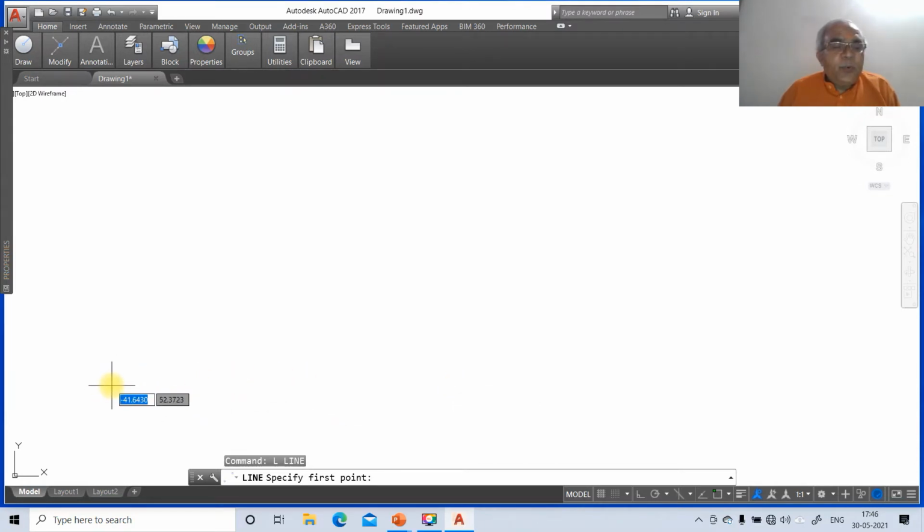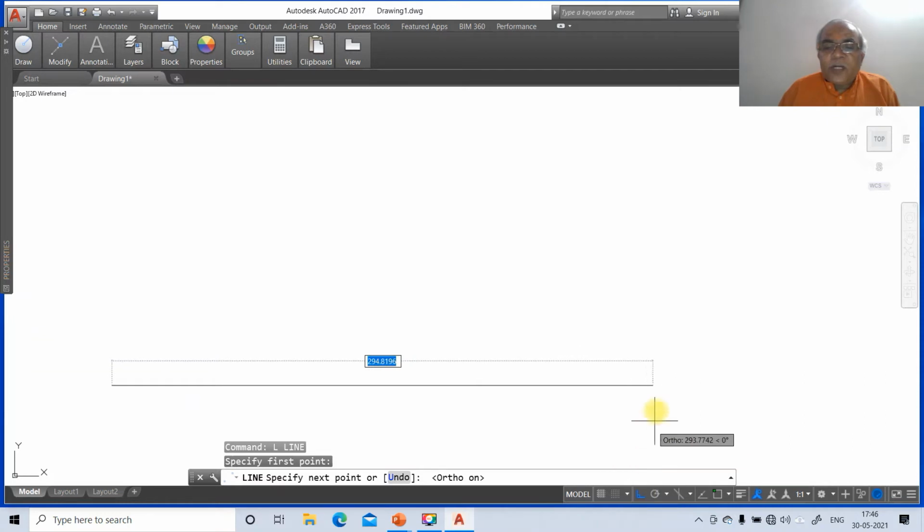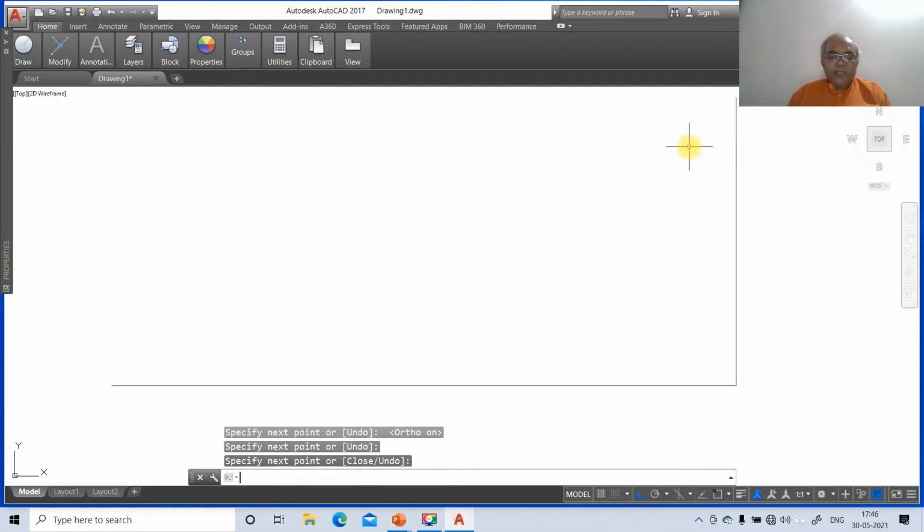First we consider any point and click with the left button of the mouse, and click on the ortho mode. What it does is it draws horizontal and vertical lines only. Take any distance, click with the left button and drag the mouse to the top side, and again take some distance, click with the left button of the mouse and then press the enter key.